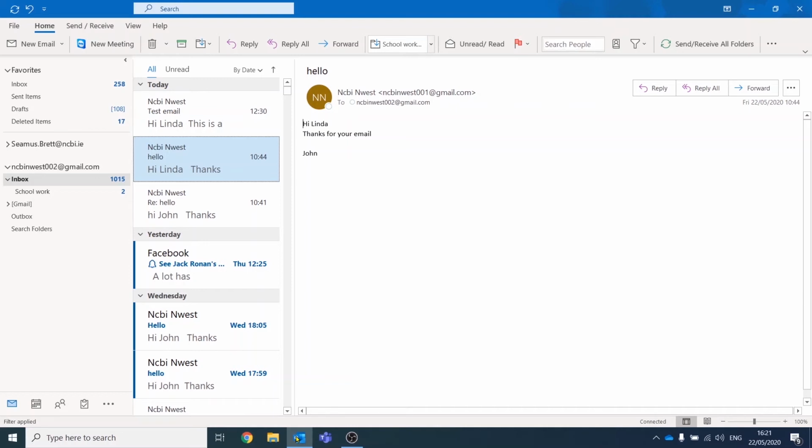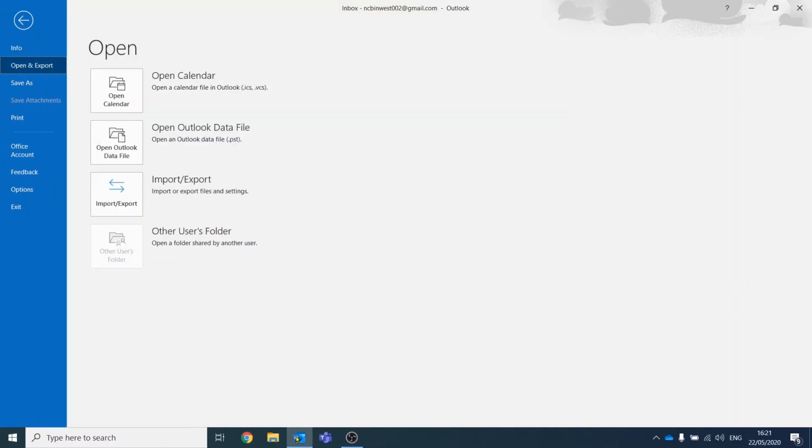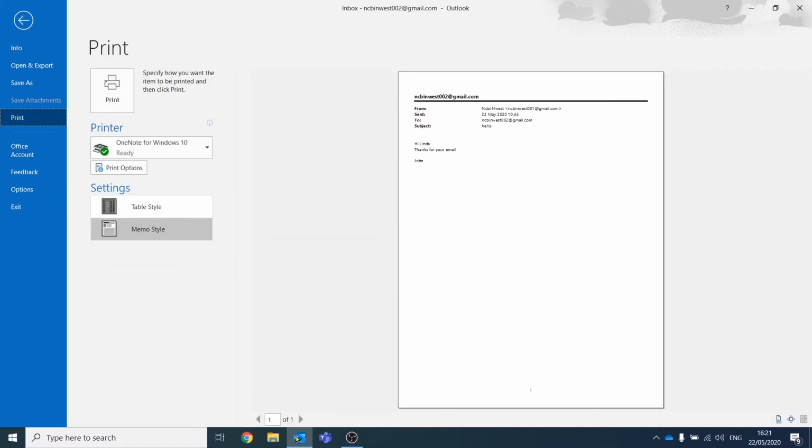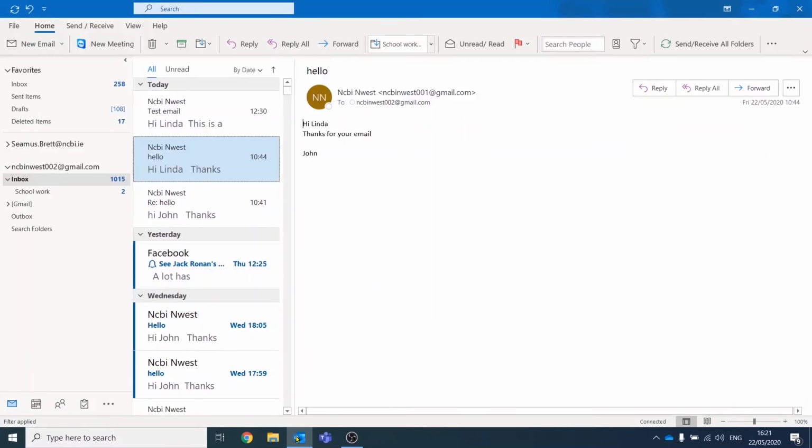Another thing that NVDA does quite well here with Microsoft Outlook is in terms of reading the ribbons and things. So if I press the Alt key, ribbon tabs, it opens up the list of hotkeys that gets me into the different ribbons and menus. So if I press F, it will open the file menu. Open and save as, save, Office account, print. And if I press the Alt key again,